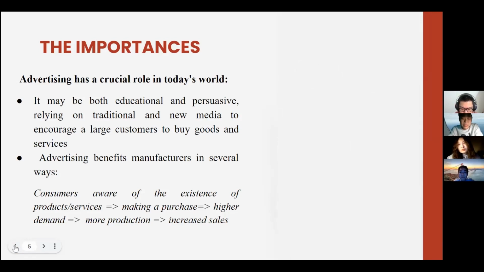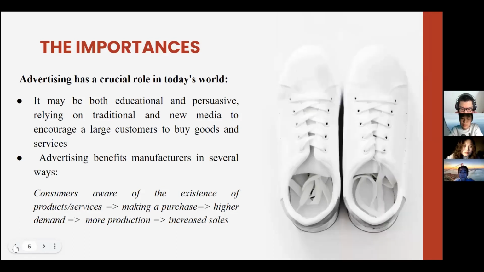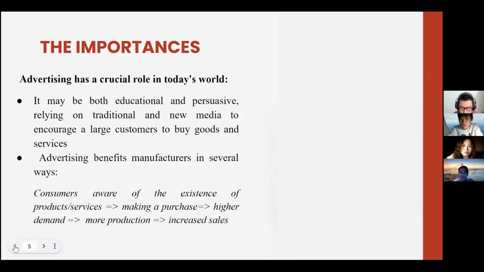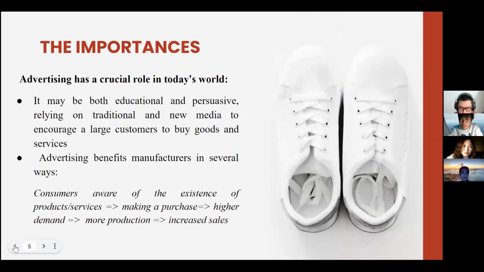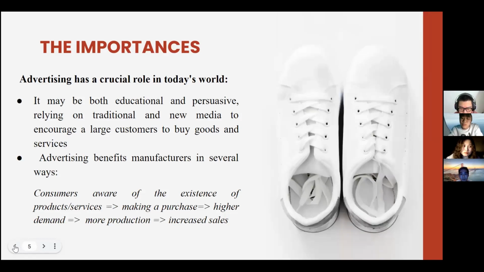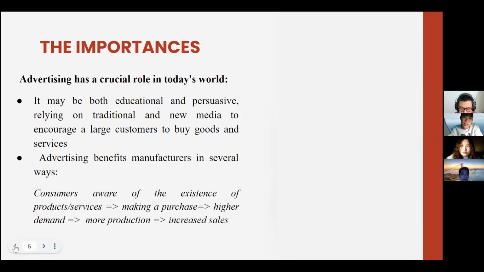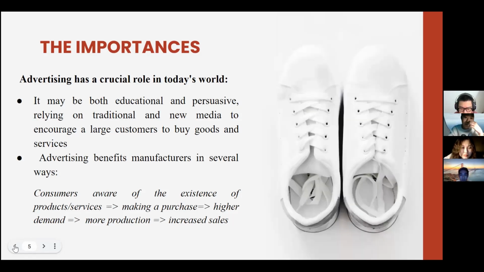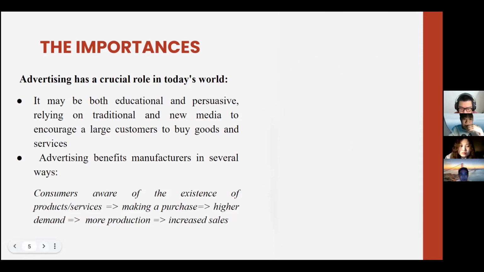Many advertisements include a customer service number or a link to a company website which consumers can access. For instance, for consumer goods like food and soft drinks, broadcast media is frequently used. Besides that, it also reduces the expense of personal selling, as advertising can reach a large number of customers. And next, Jimmy will introduce the influence of advertising.